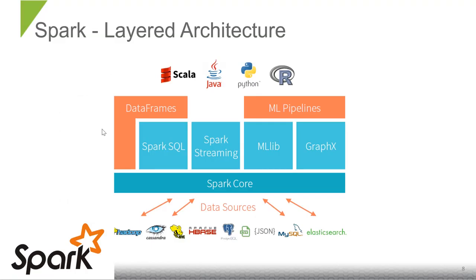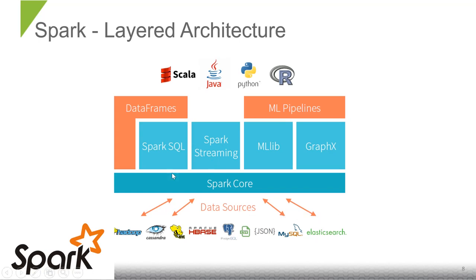So this is the Spark architecture. We know that it has different layers. Spark is sitting on top of Spark core. That is the basic entity of Spark. The Spark core can interact with multiple data sources like Hadoop, NoSQL databases like Cassandra or HBase, or can connect to Apache Hive to read the data, and then it can connect to different RDBMS like Postgres, MySQL, Oracle database, or it can read the data from CSV, JSON formatted files, or it can read the data from